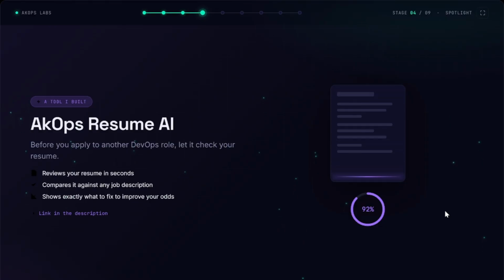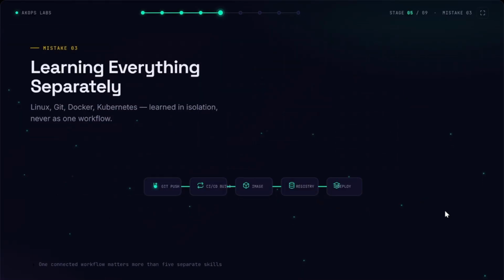Okay, now let's continue with the next mistake. Mistake number 3: learning everything separately. Many people learn Linux, then Git, then Docker, then Kubernetes, but they learn each topic separately. In a real company, everything works together.